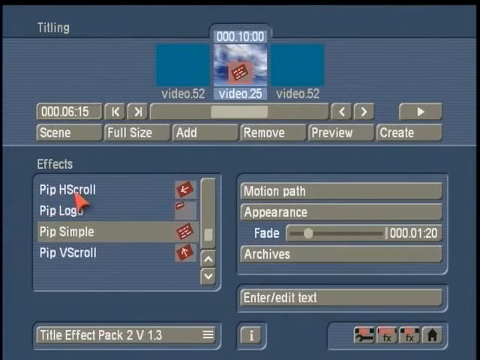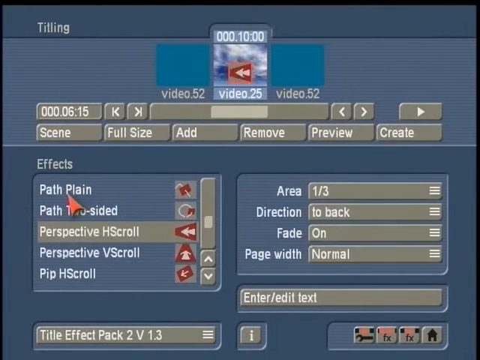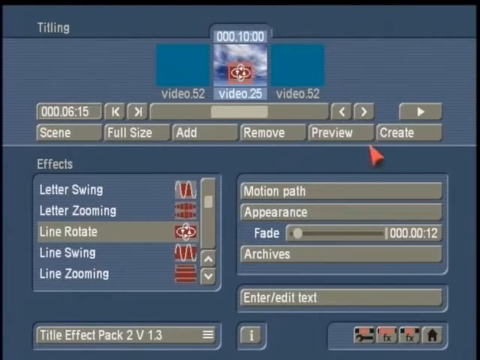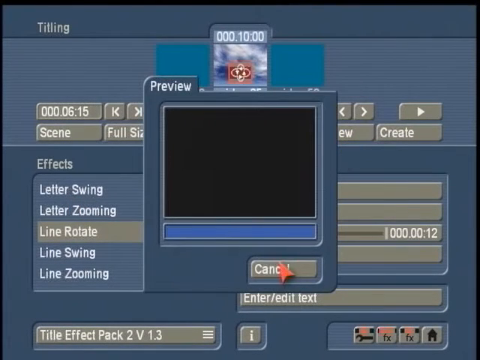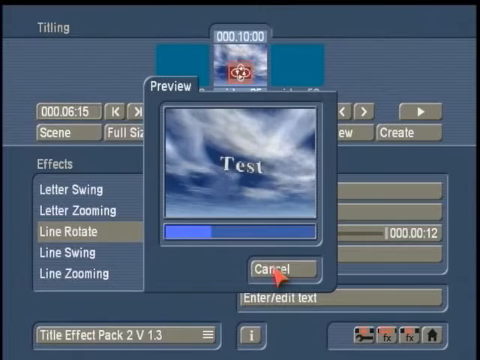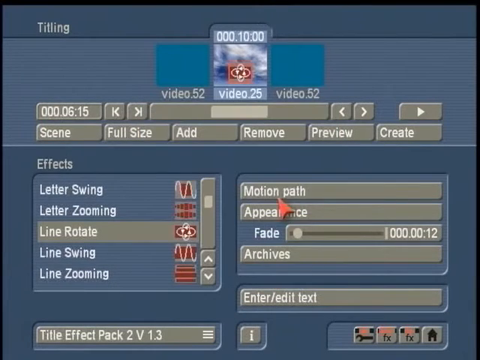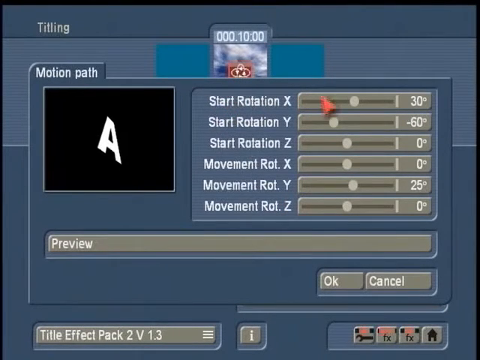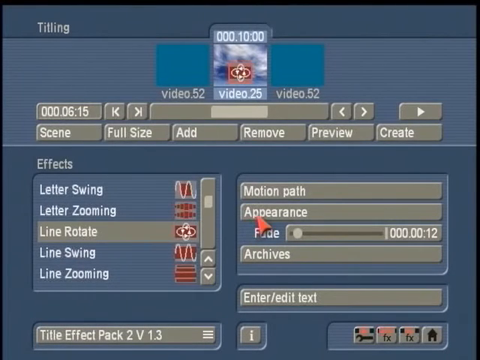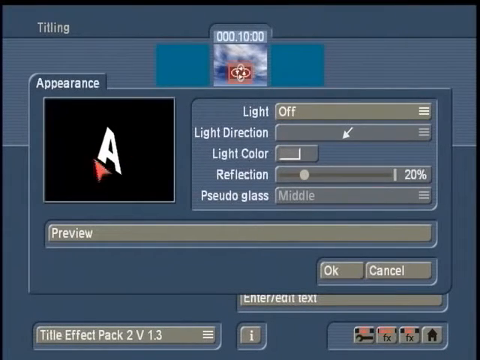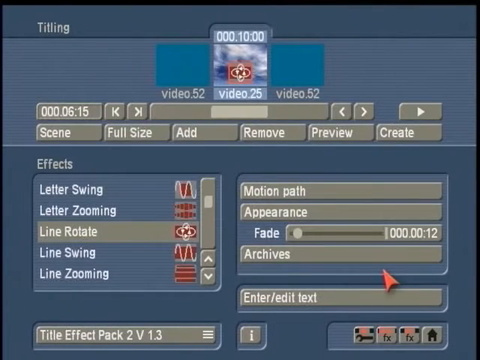You can experiment further with these other PIPs or these different planes or line zooms. Again, just use your preview button here to get a compressed preview of how the title is going to look based on what you did for its motion path, again its rotations or movements that you might assign to it, or your appearance based on light hitting the letter information, what kind of light source and reflection you want to give it. So the Title Effects Pack 2 gives you a lot more activity and a lot more third dimension